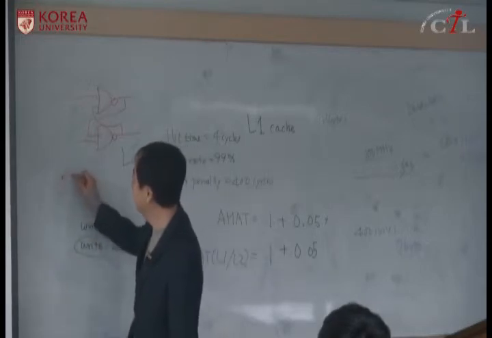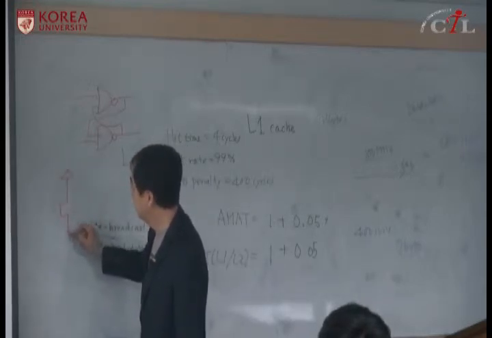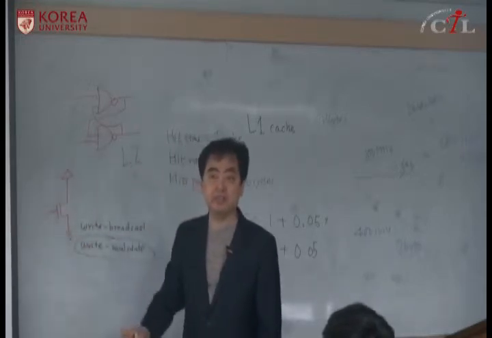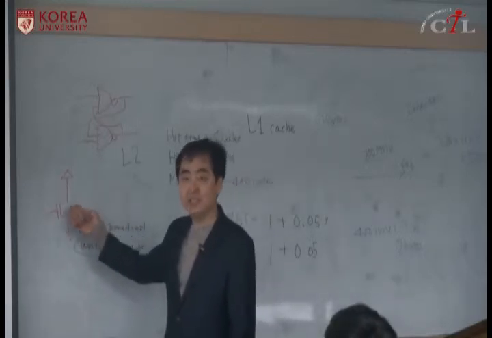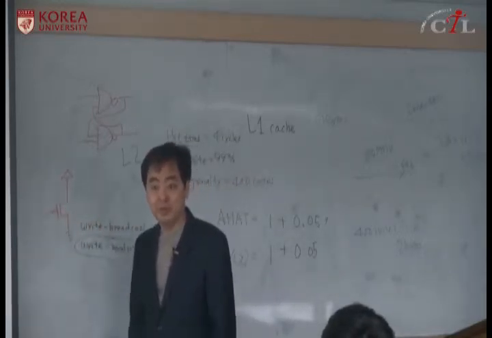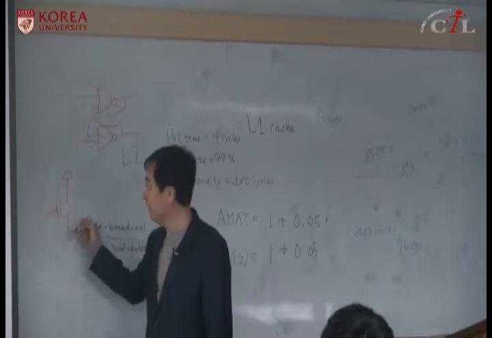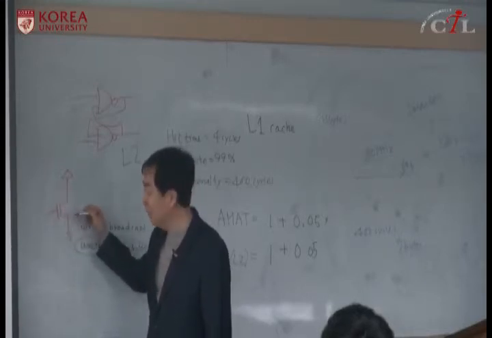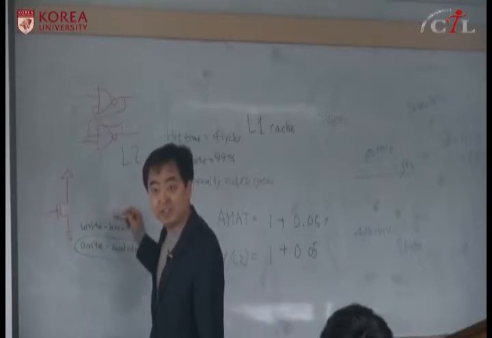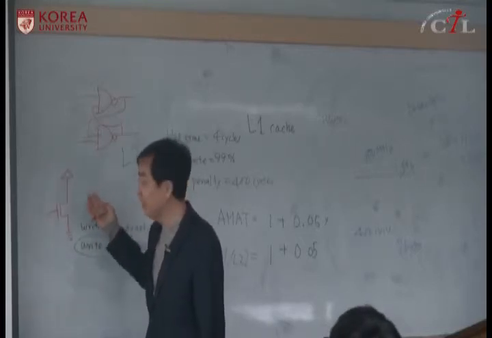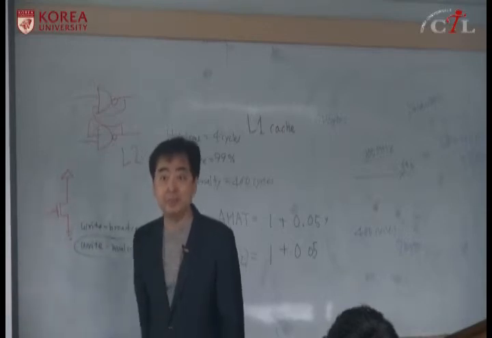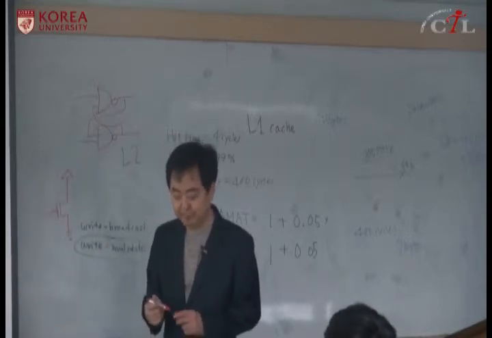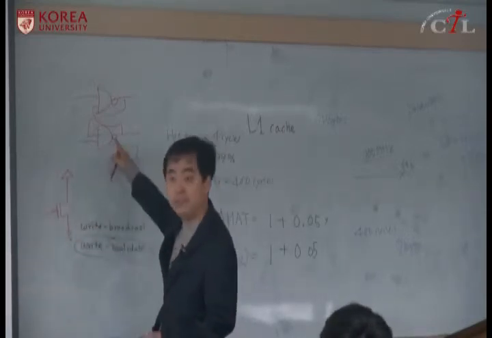Dynamic RAM is this. You have only a single transistor and capacitor. You charge, you can maintain your state. But this is not a perfect switch. So there is a leakage current. So slowly it will be discharged. So you need to refresh, which means you have to recharge. That's the dynamic RAM. So dynamic RAM and static RAM.